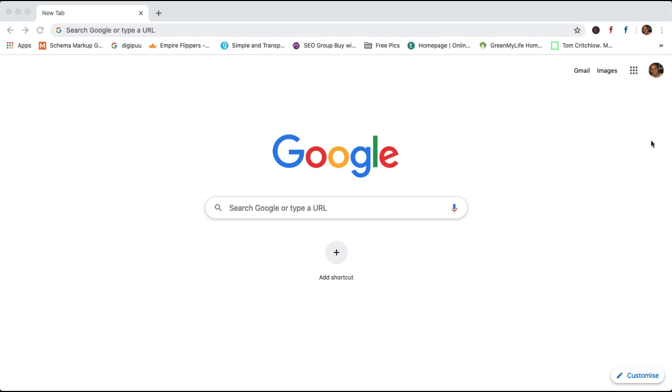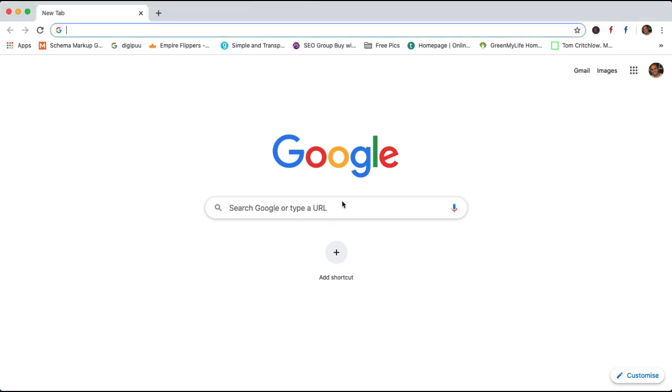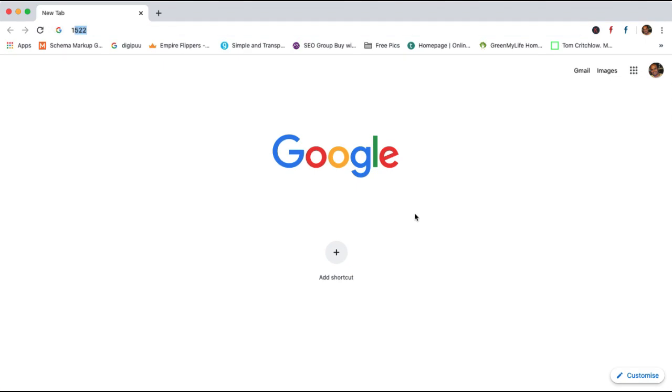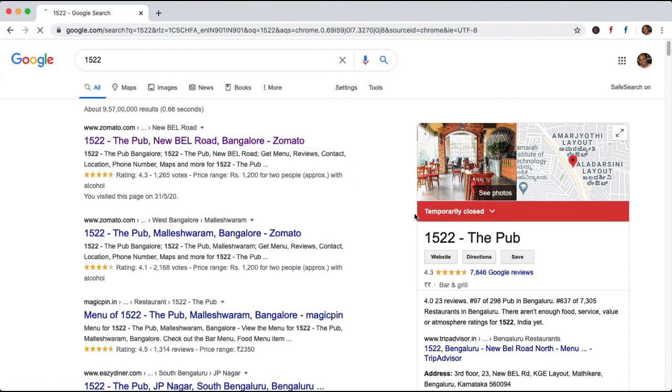Let me open up my laptop and you can see my screen. I have opened a new tab here. So I will try and search 1522 on Google. As you can see here, this 1522 is a restaurant near my house on UPL Road, and you can see that Google also is showing this on Zomato.